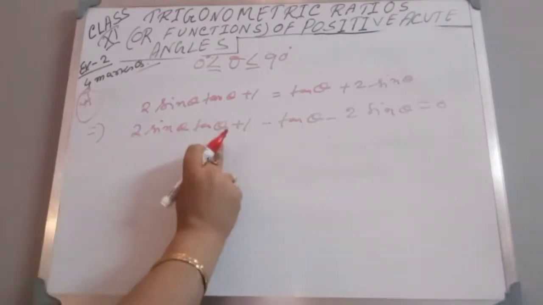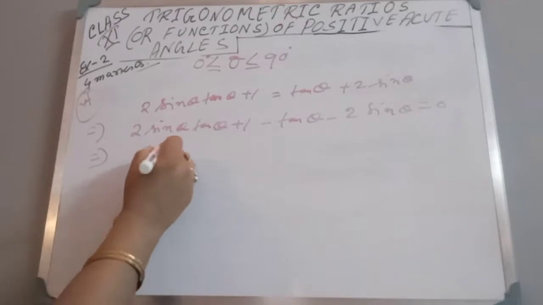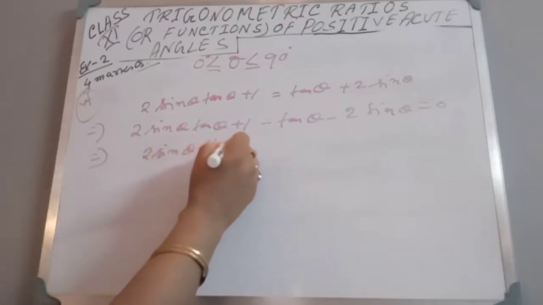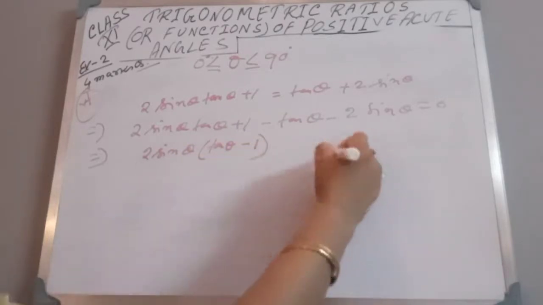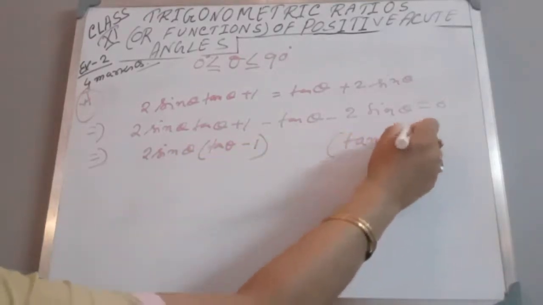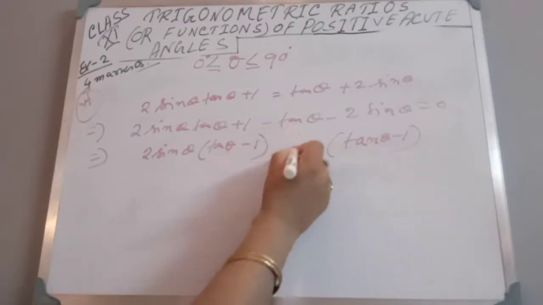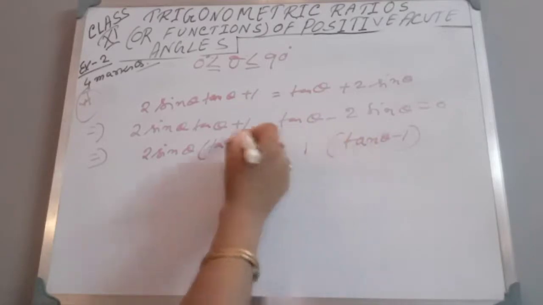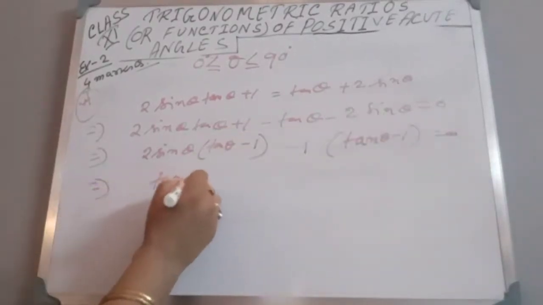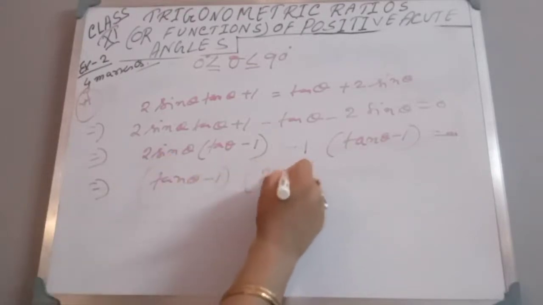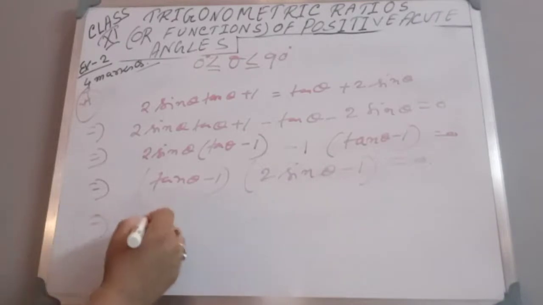Okay, now 2 sin θ tan θ and minus 2 sin θ, from these two take common 2 sin θ, then what we will get? We will get tan θ minus 1. Okay, and here also just write tan θ minus, factor is common, factor is tan θ minus 1. This is minus tan θ, so write here minus 1, minus tan minus minus plus 1 is there. So we get one factor as tan θ minus 1 and second factor as 2 sin θ minus 1 equal to 0. Okay, same as before.